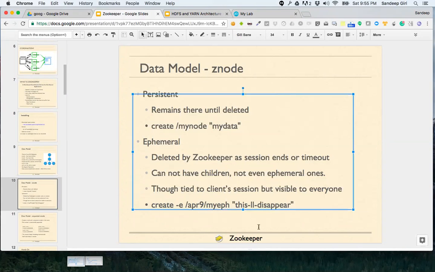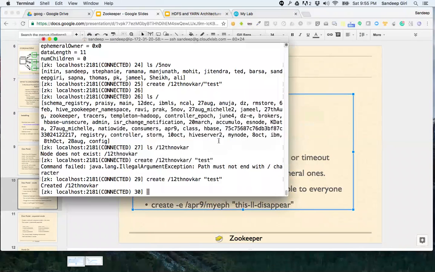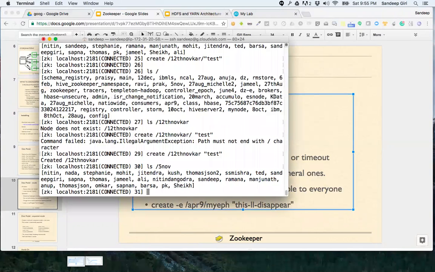Okay, so before the break, we created our nodes inside 5 November. Probably everybody is able to do it. So no matter from which machine you log in, whether you are from F, G, or H, the nodes will be same for all.